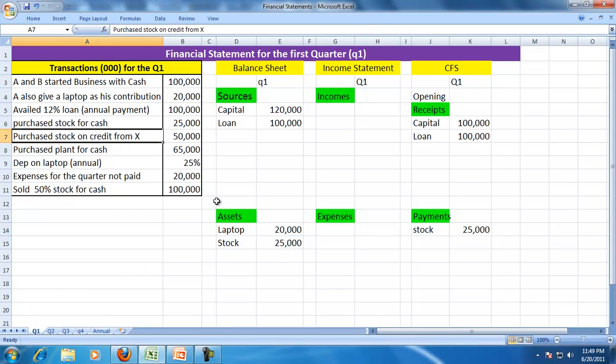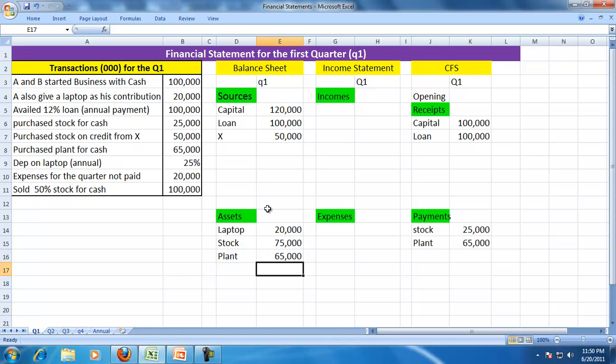But then once again I purchase some more stock, and this time I purchase it on credit. So I'm purchasing the stock on credit from Mr. X, that is 50,000, and stock will go up by another 50,000. Okay, in the first case I made the payment, cash outflow. In the second case I purchased on credit, so there is a creditor. Then you are purchasing plant for cash, so I make a payment for the plant, that is 65,000, and plant is an asset,